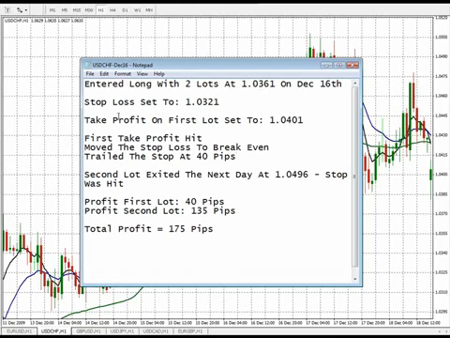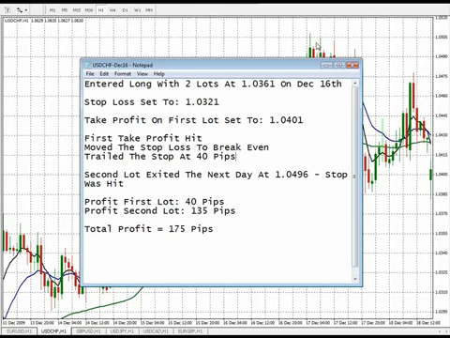And just to take a look at the data from the trade, we entered long with 2 lots at 1.0361 on the 16th of December. Our initial stop loss was set to 1.0321, and our first take profit was at 1.0401. The first take profit was hit a couple of hours later. At that point, we moved the stop loss to the break-even point, and we trailed the stop at 40 pips. The second lot was exited the next day at